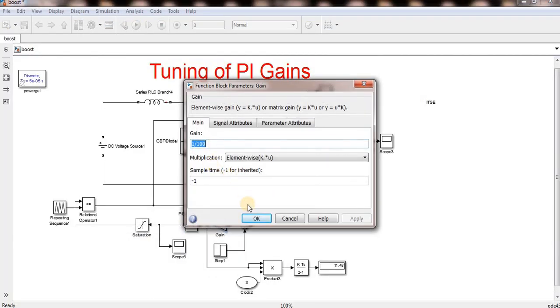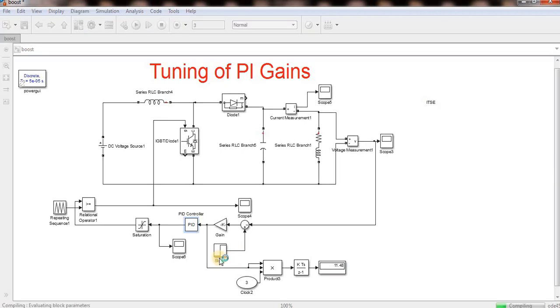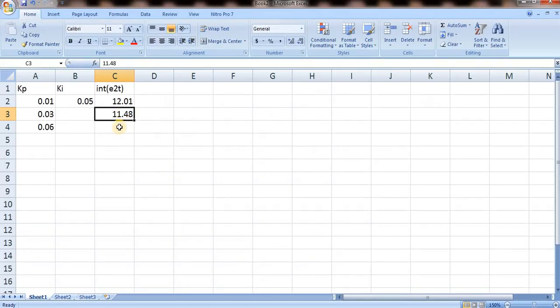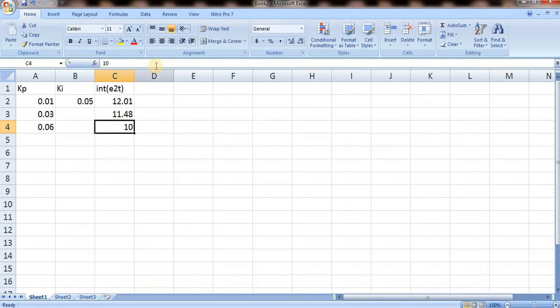So let us assume, sorry, this is the Kp. Let us assume I will make it 6, and then I will run. Again I will see how much value I can get. If you change your time, then it will be affected. So for complete tuning of the PID, you have to maintain the constant value. Now see, 10.68. So still I can get a lower value compared to the minimum. How much? 10.58. 10.58.